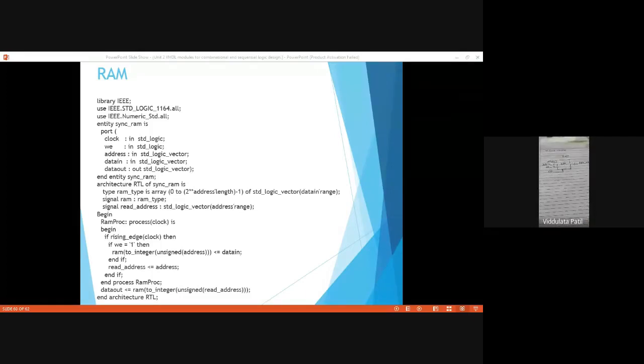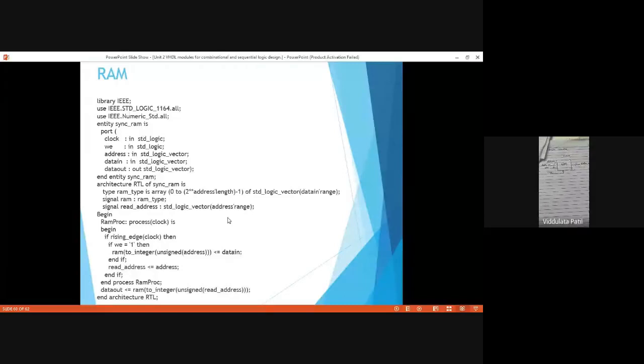Now let us see what is the VHDL code for this circuit. Let us see that.